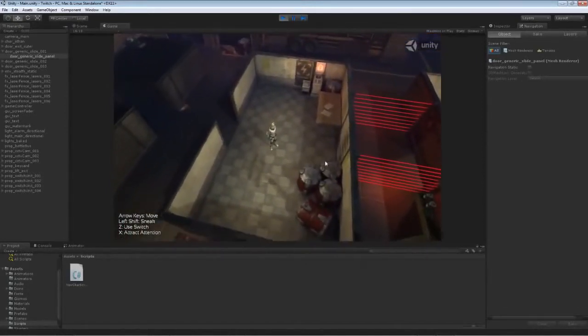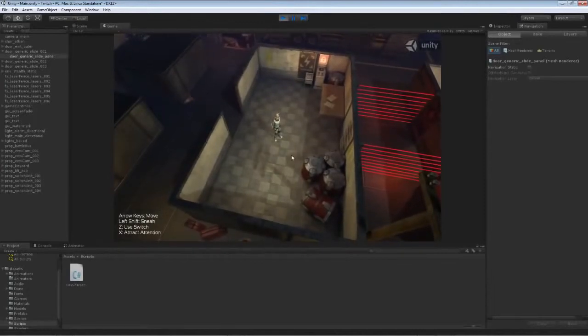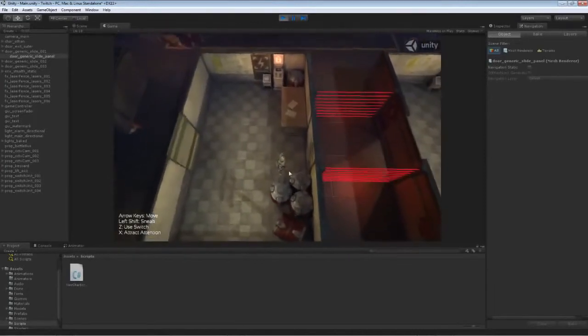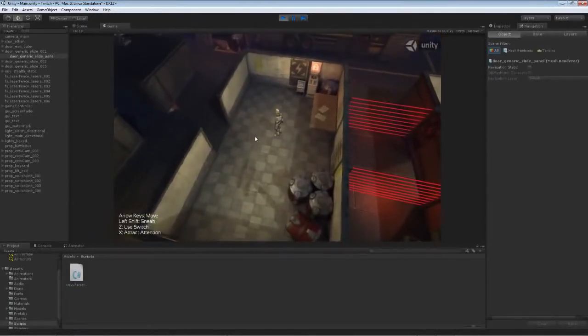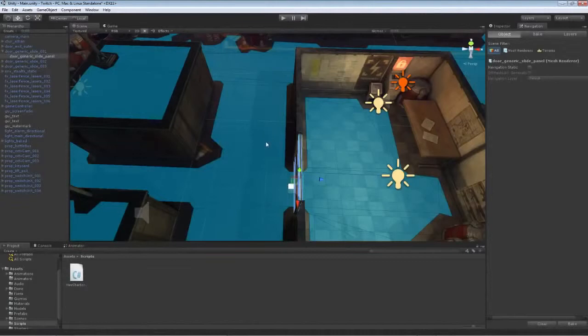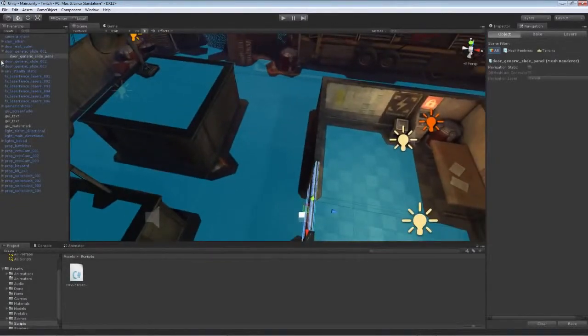The clicking mechanic is kind of inaccurate because the camera is at an angle, so when he walked in he was kind of running into these barrels and stuff. That's just because of how I handle the clicking mechanic, just because it's simple. Okay, so with that in mind, let's go ahead and grab every door